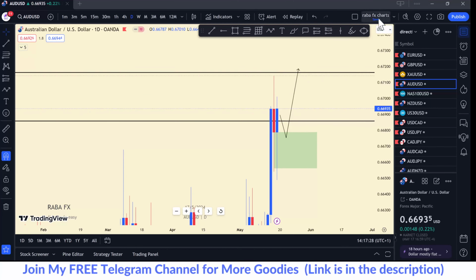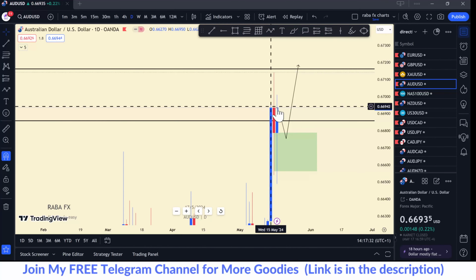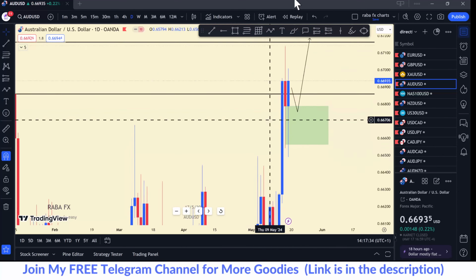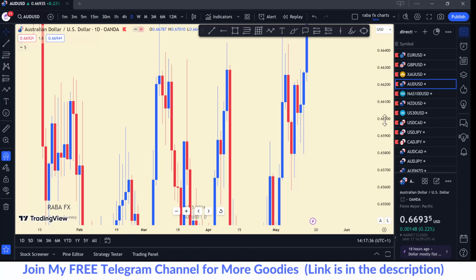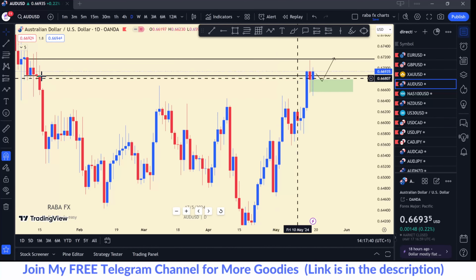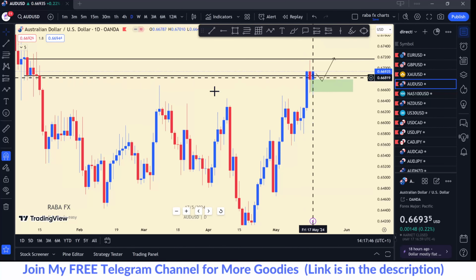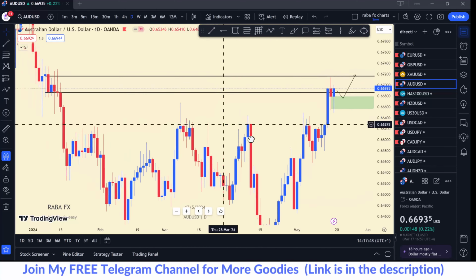So this is what I can see here. Now on the daily time frame, we can see we slightly close above this reversal opening price, and price is also in a bullish stance. Okay? The direction of this market is bullish. We've closed above a key level here, the opening price. So we expect price to push higher.